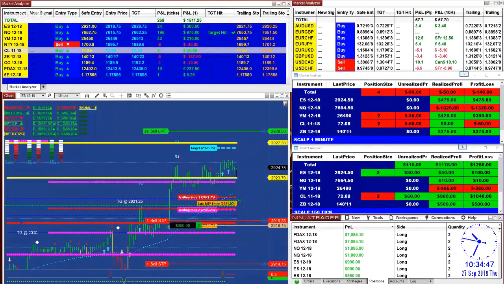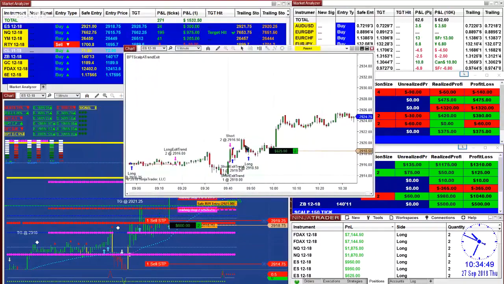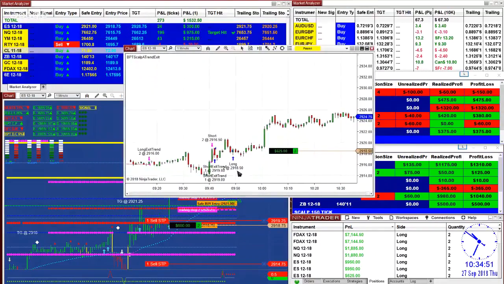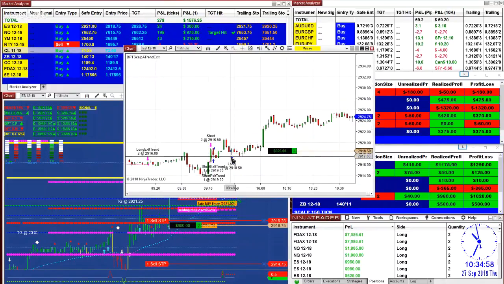Also, the ES 1 minute, on the last trade, it took it around. The swing trading should be started around